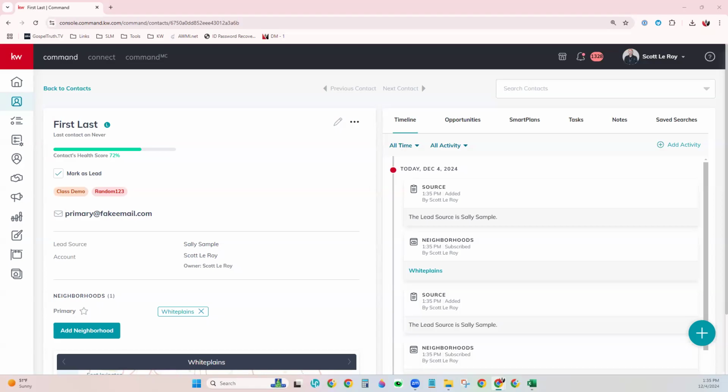All right, traveling on back to our command screen here. This is what it looks like when you're actually in a contact profile. Once you add it,